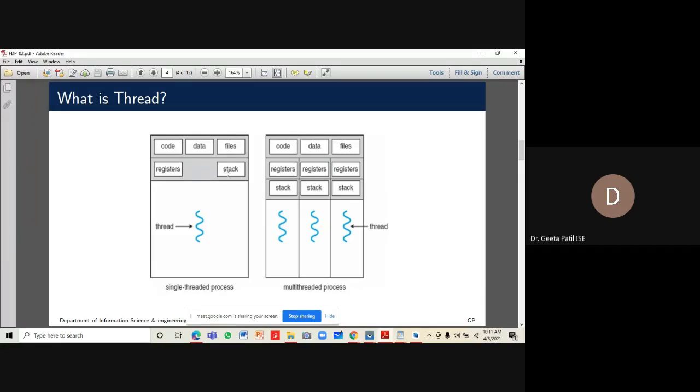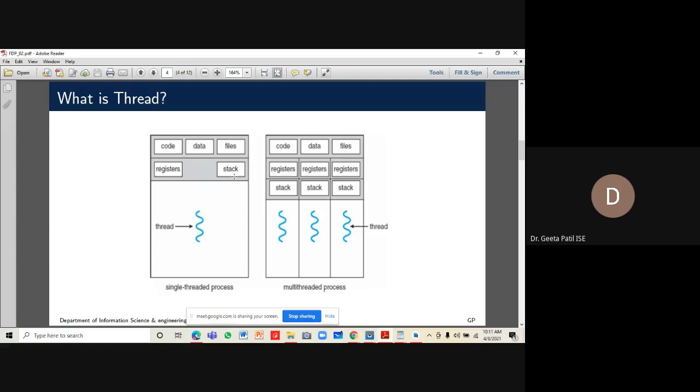So when I am launching a Word document, a corresponding process is created, and that process has these parameters: code, data, some of the files which it requires, registers, and stack. Right? So it consumes some resources.